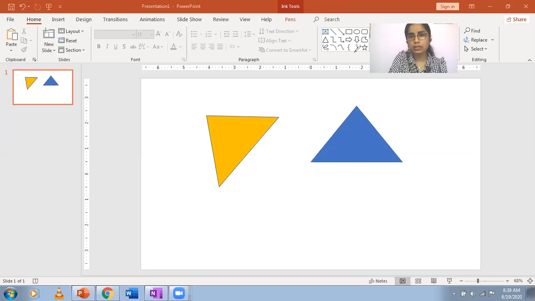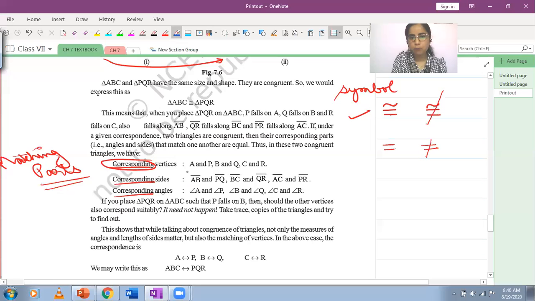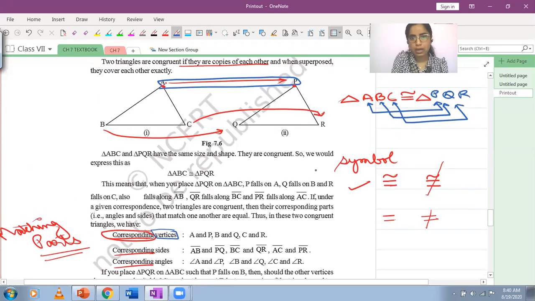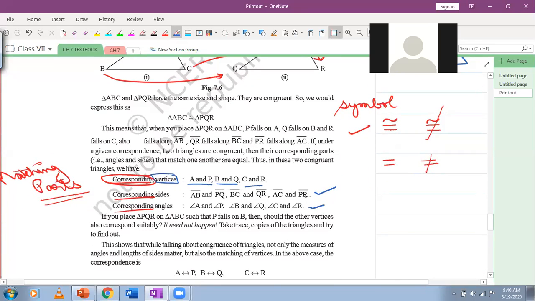Okay, and this is how they have done here in this question in your book. उन्होंने matching parts बताए हुए हैं. Corresponding vertices of the triangle are the corners. So I have shown in the figure also with arrows. A matches with P. And then they have written B with Q, matching corners B and Q, and then C with R. फिर उन्होंने sides बताई हैं और angles बताए हैं. I would give you a minute and observe whether they have written correctly.